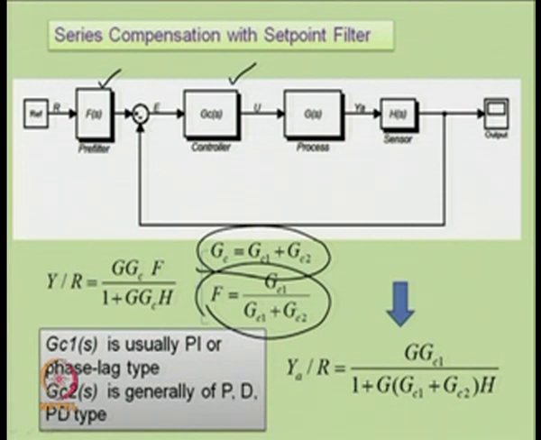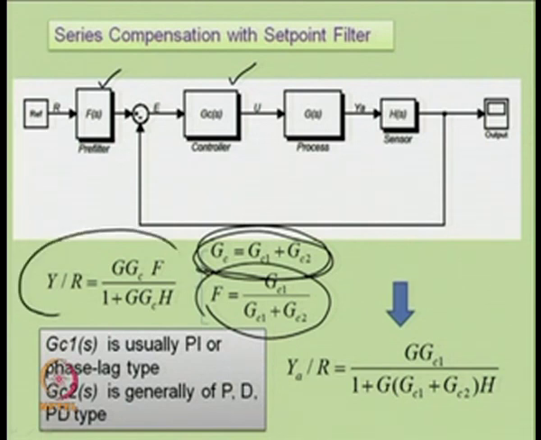So, if I put the earlier designed GC1 and GC2 in this series compensation with set point filter in this particular fashion, GC equal to GC1 plus GC2, F equal to GC1 upon GC1 plus GC2, then